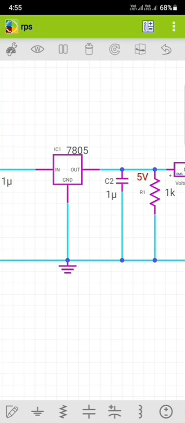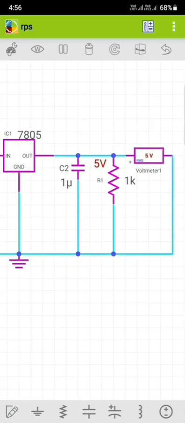There are two types of regulation in a voltage regulator. One is line regulation, and the other one is load regulation. Line regulation means if I vary the input, that won't cause any change across the output. Load regulation has two cases: one is with load and another one is without load. With load means having a resistor across the output. Without load means removing the resistor across the output.